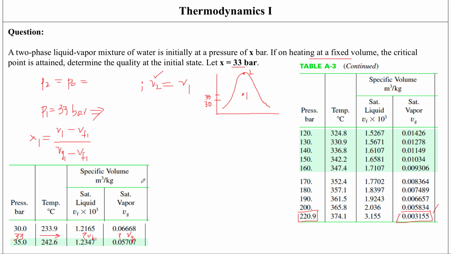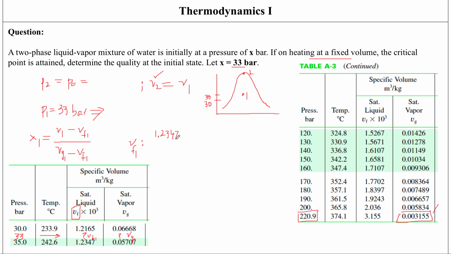So I have to do two interpolations now in order to do this. And how am I going to do that? If I want to interpolate for, let's say, Vf1, this is a simple application of the slope formula: (y2 minus y1) divided by (x2 minus x1) equals (y minus y1) divided by (x minus x1). If I apply that here, because I'm looking at Vf right now, my y values are these, and my x values are pressures. So y2 minus y1 is going to be